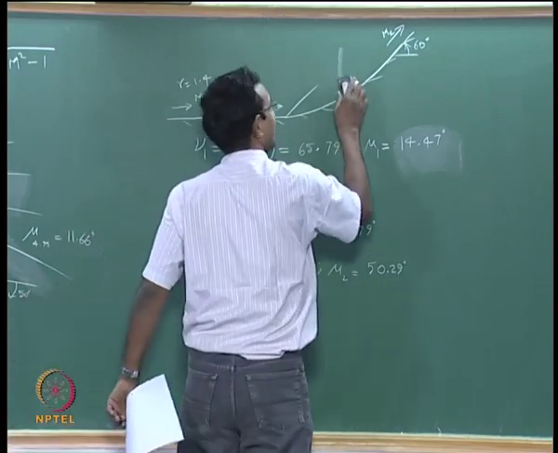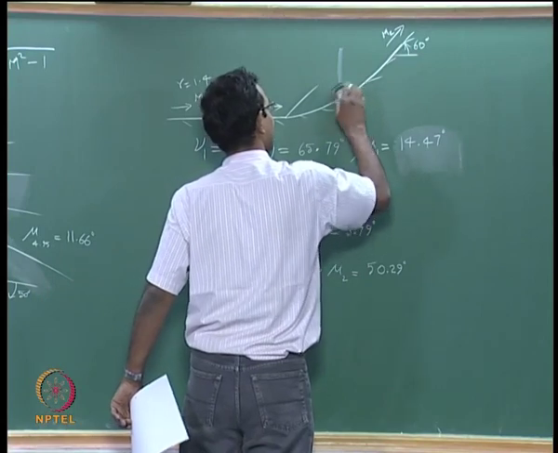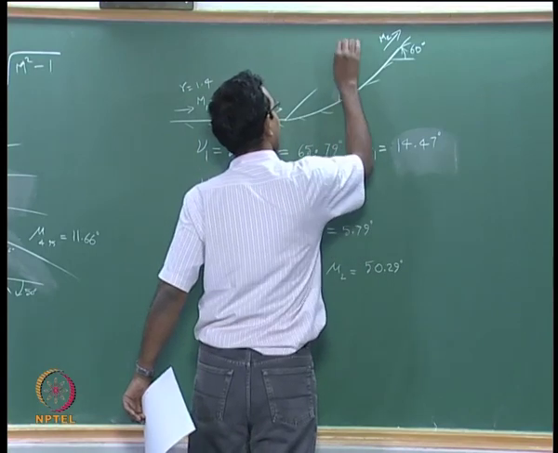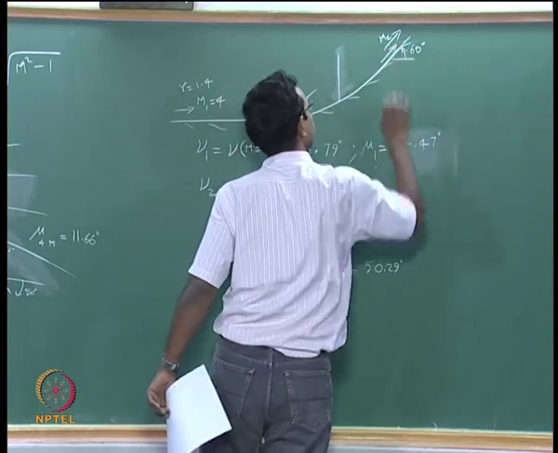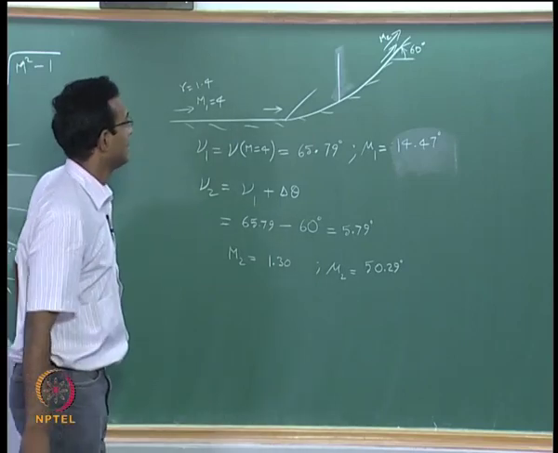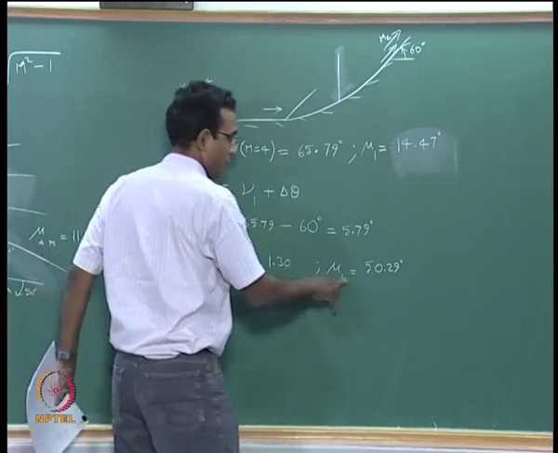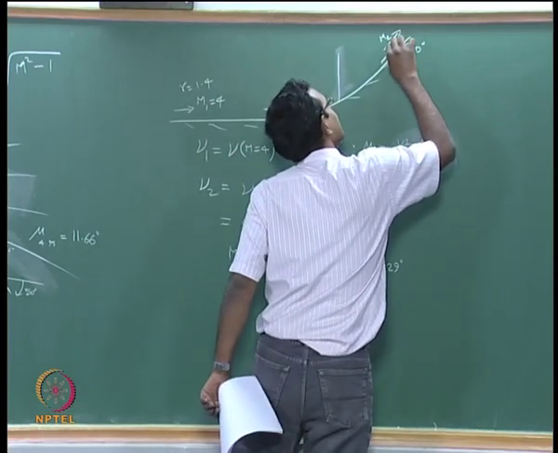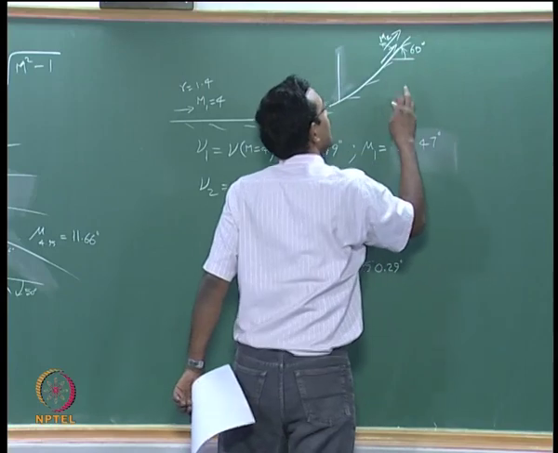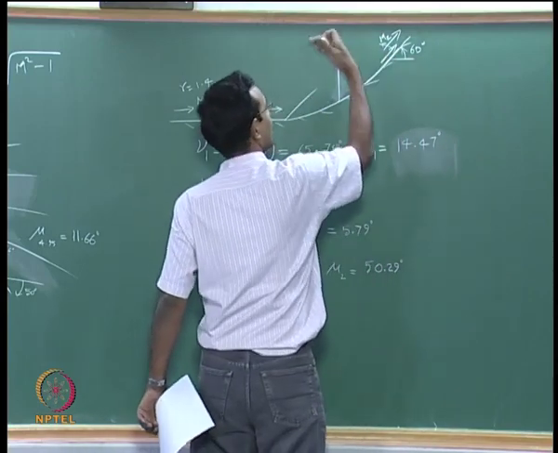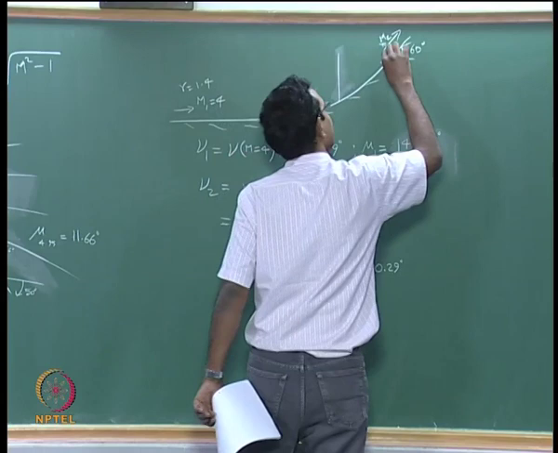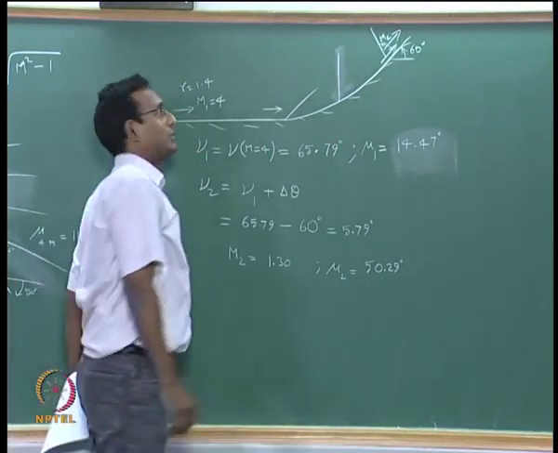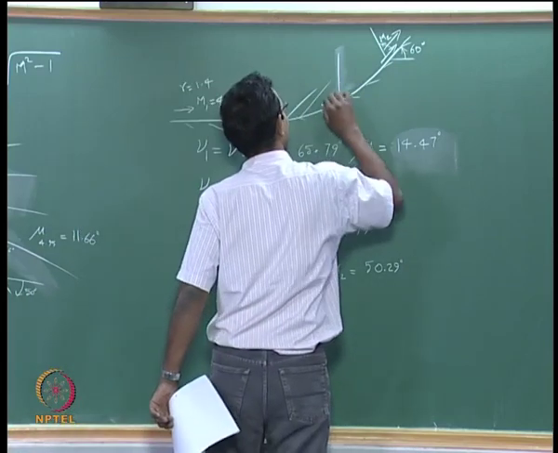I do not want to draw it this high because the final angle is 60 degrees plus 50 degrees. So it is going to go somewhere like this, and with respect to this final angle, I am going to say my mu is 50 degrees, which means with respect to this I have to draw a 50 degree line there, which means with respect to horizontal it has crossed 90 and it is coming inward. Going to go like this. This will be your situation. If I think about a case, it is more like this.